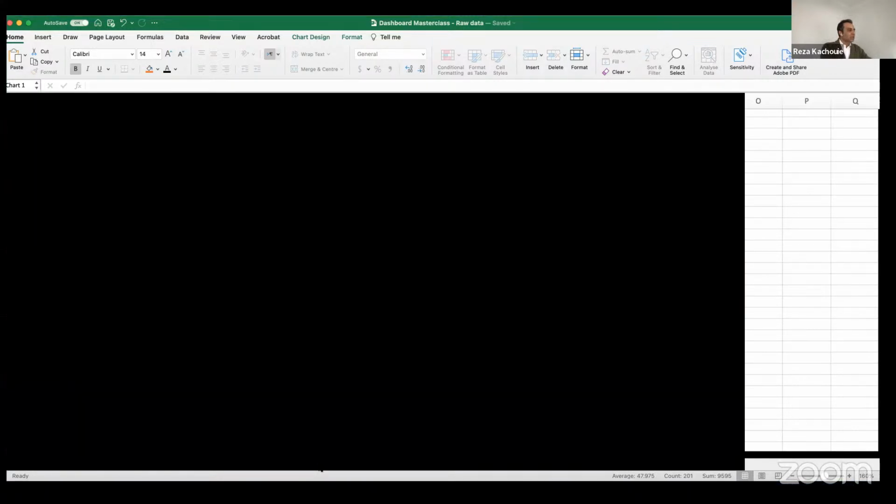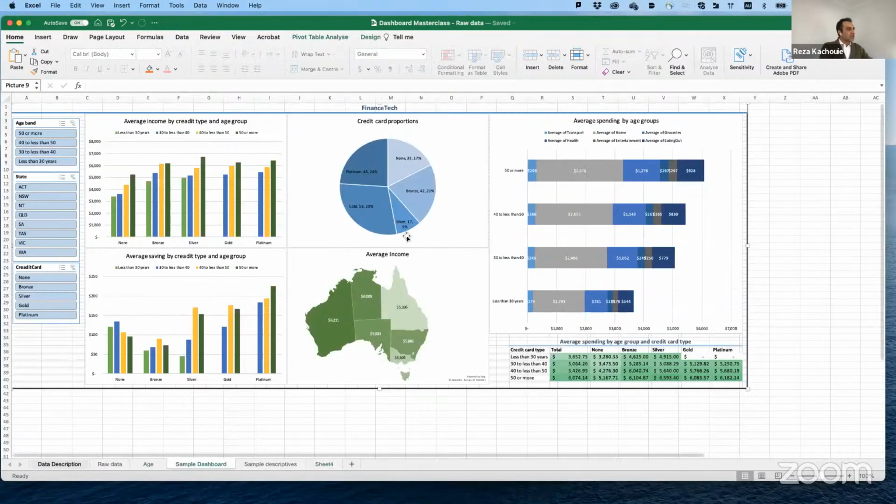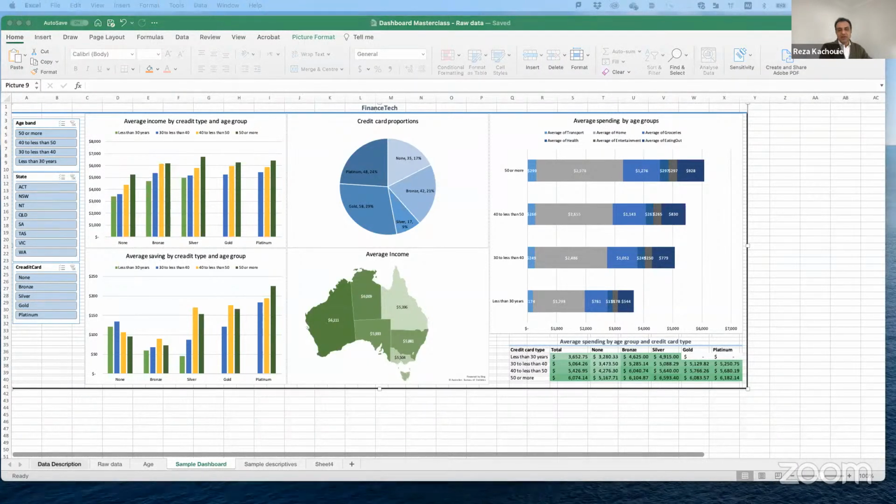Now we want to create our dashboard. Let's assume that we first want to create this part of the dashboard, this pie chart. That's our first step. It's the pie chart of credit card proportions: what proportion of people have that credit card.